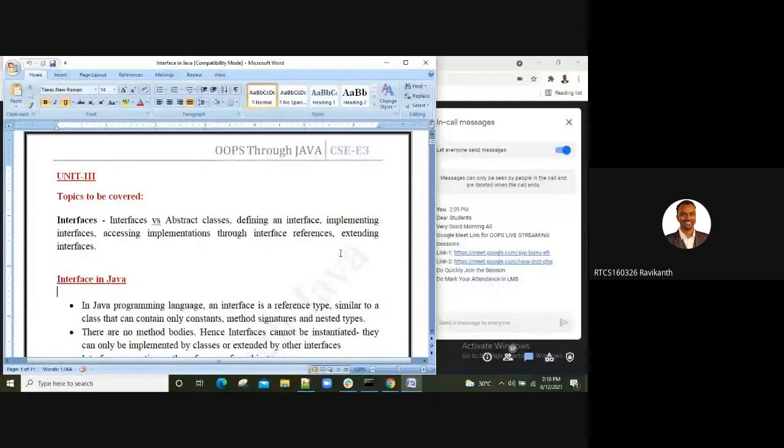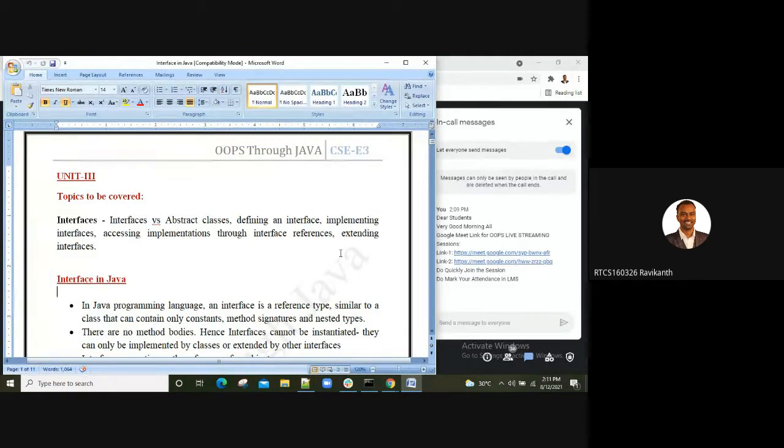In this lecture, I'll talk about interfaces. What is the use of interfaces? What is the difference between abstract classes and interfaces? What properties does an interface consist of?